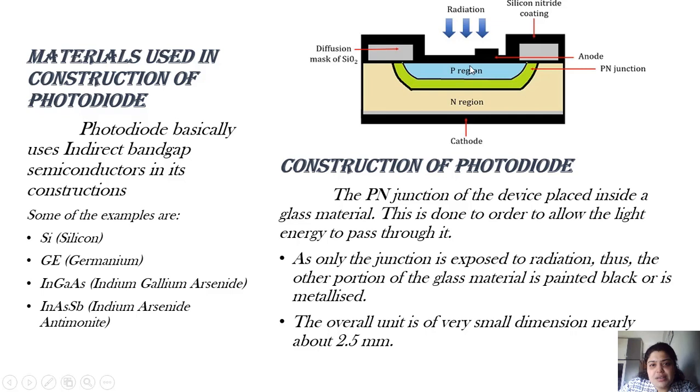This is the construction of a photodiode. A photodiode is basically a PN junction diode only. In the diagram, you can see the P region and the N region. The P region means the anode and the N region means the cathode. Why exactly is this diagram shown here? Just to make you understand that around the PN region, light is being incident on the material.